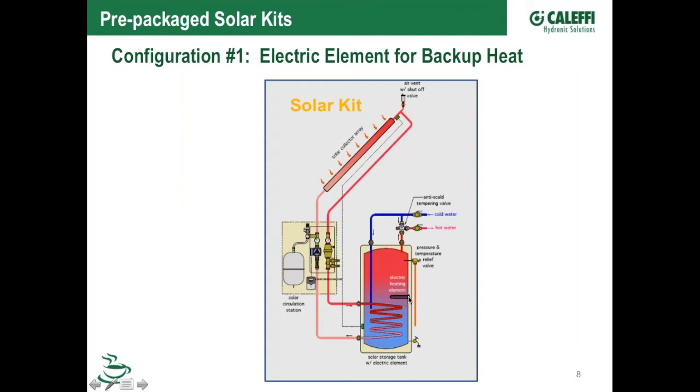So in this tank here, you can see halfway up the tank we put a 4,500 watt element in there, just a typical electric water heater, 240 volt, 4,500 watts. So if you don't have enough energy from the sun, then this element would kick on, and it would take the tank up to the final temperature or heat this portion of the tank if you don't